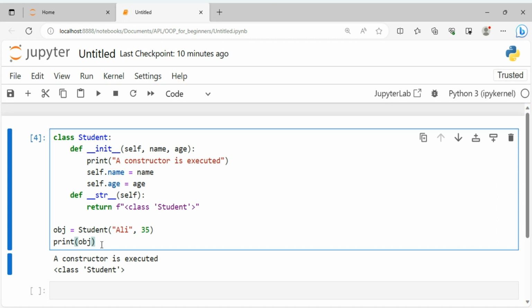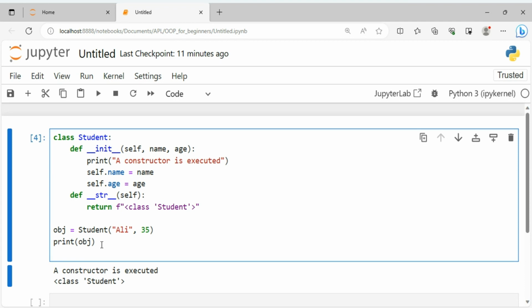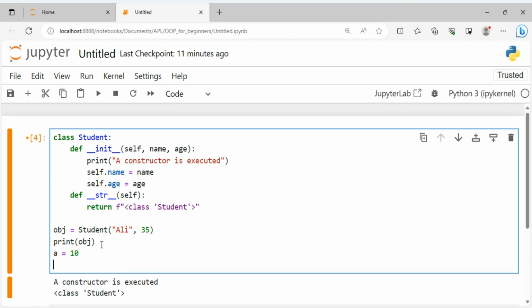Because by default Python also prints in this format, and for the evidence we are creating an integer variable, let's say a, and we assign the value 10 to a. Now a is an integer, and when we print a, you can see that by default Python also prints the type of a in the same manner as we have